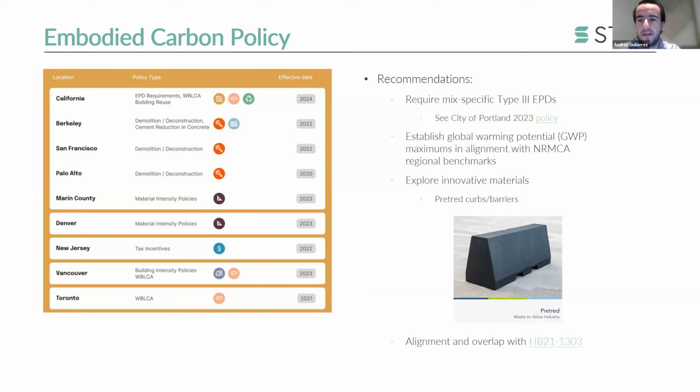And I think that's what really is key for something like the Sidewalks initiative to focus on. I have somewhat of an understanding, and I'll let Adam chime in more specifically about what has maybe already been discussed with the group or with the city, but it's recommendations that are already in place at different scales of policy across the country and even locally in Colorado, where I think it's really a low-hanging fruit to be requiring these EPDs, establishing these limits of carbon that cannot be exceeded, to really push for